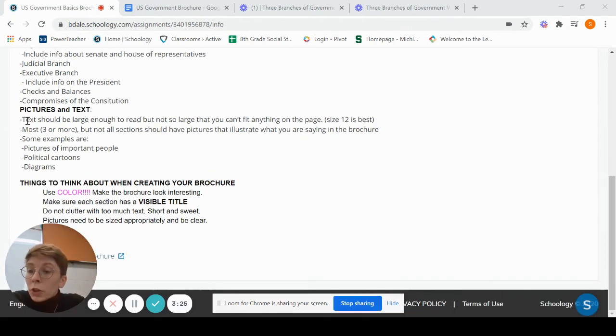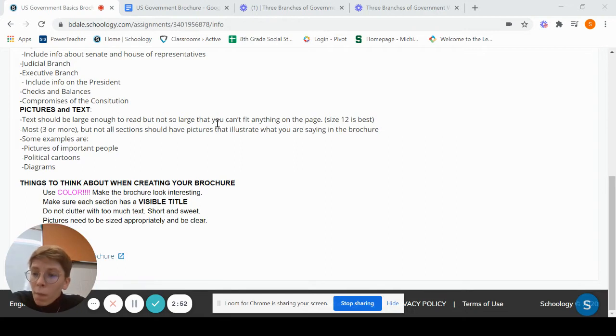Your brochure should include pictures, right? Have some pictures in there. I'm not going to 100% require a number, but a minimum of 3, I would expect. So have some good pictures in there. Make it look nice. Make it something that you would want to look at and maybe use. Your text should be large enough to read, but not so big that it looks weird, right? So make sure